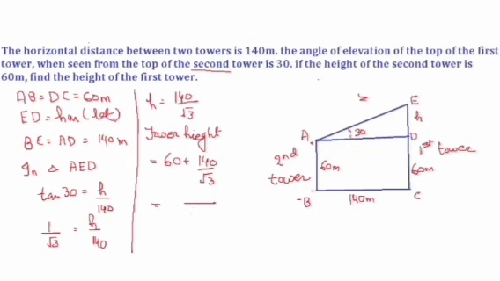Now we can take LCM. So root 3, here you will have 60 root 3 plus 140, or simplifying it, what we can do, it will be easier if I multiply root 3 here also and root 3 here also. So I will get 60 plus 140, root 3 value is 1.732 over 3. Now we can solve this and we can get our answer.